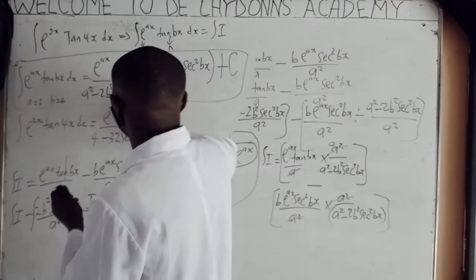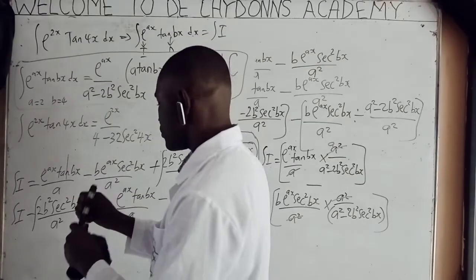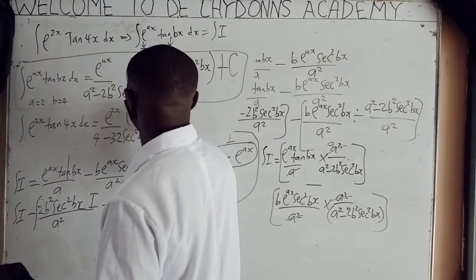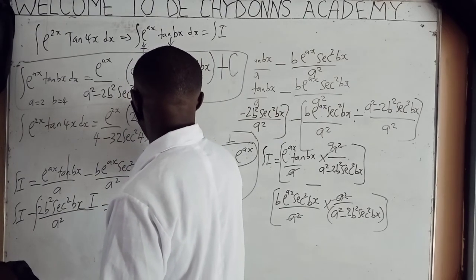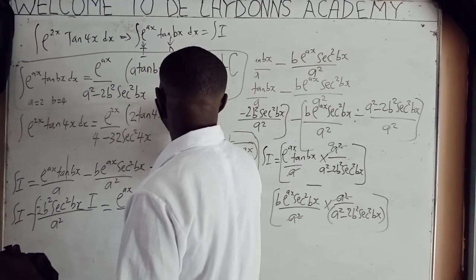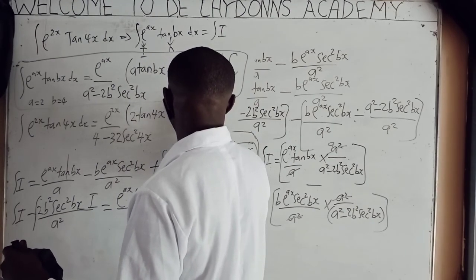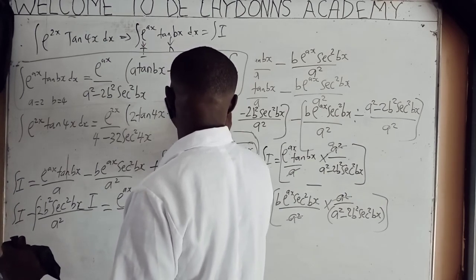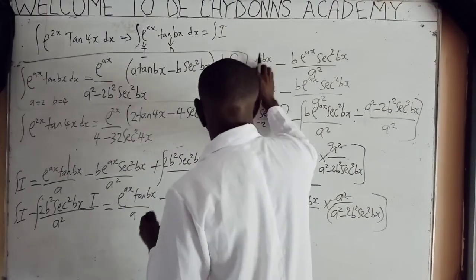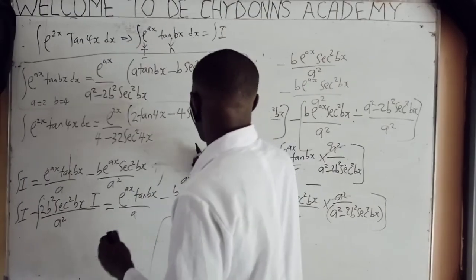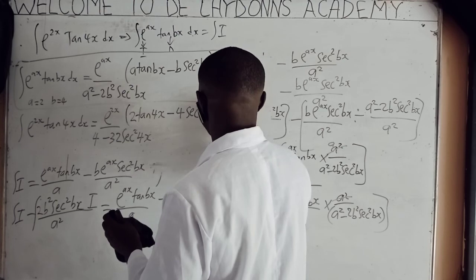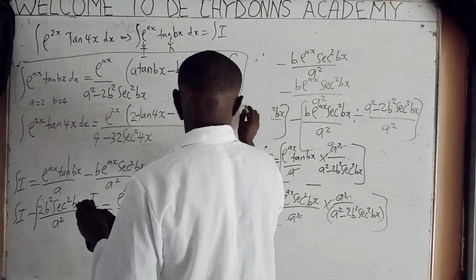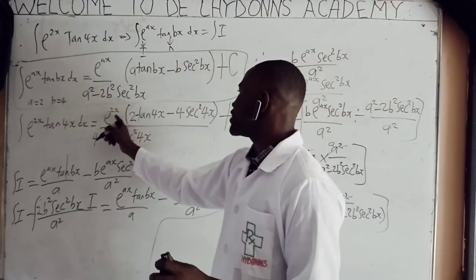Then bracket, what is my a? 2 tan 4x minus 4 sec square 4x. Then after writing this, I will say plus c. So exponential 2x bracket